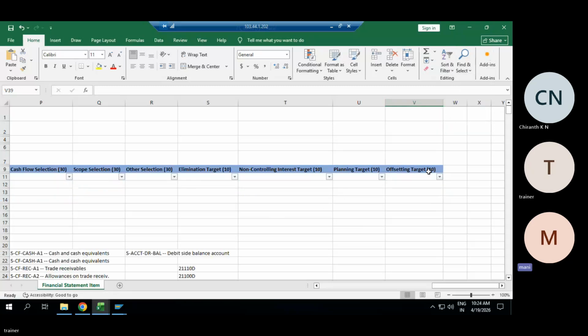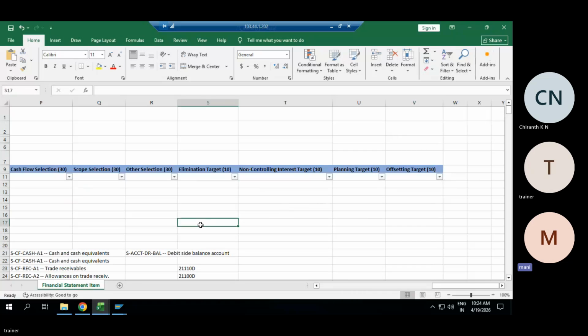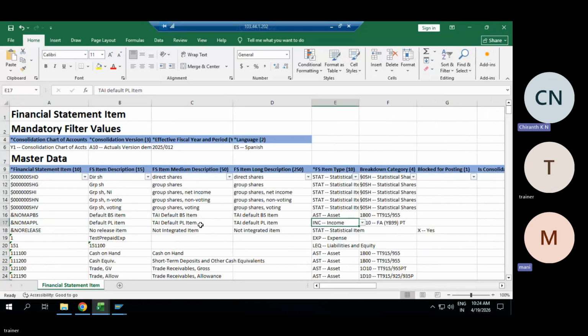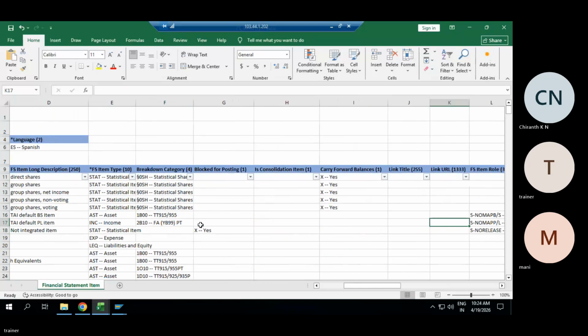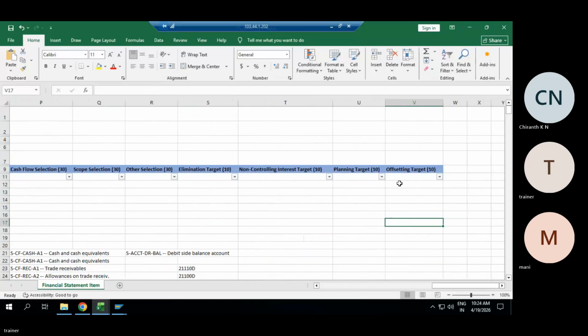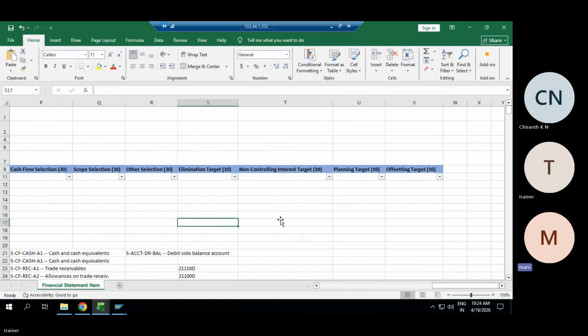Offsetting means always offset. Where are we going to offset this particular line item when we are doing the eliminations, right? So we need to offset some. Eliminations target.